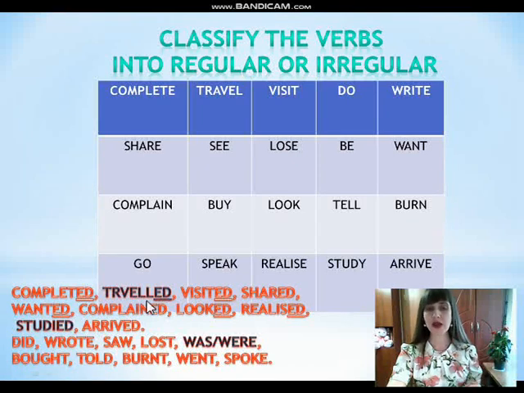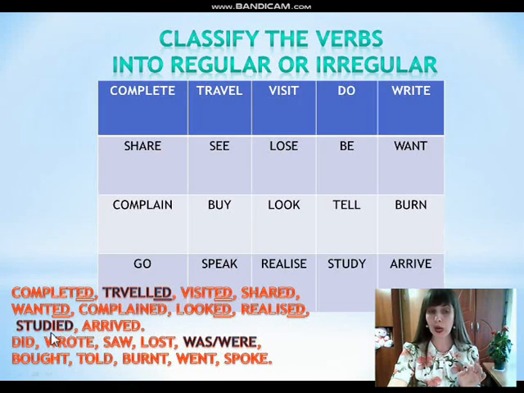So in the word travel, you should remember that in the British variant we have a double L here, okay? So studied, let's find this word here. Where is it? Speak, realize, study. Yes, here it is. So study, we have the letter Y and we have the consonant sound D. So when we have the consonant D, B, L, or some other consonants, we should change Y into I plus ED. Studied,